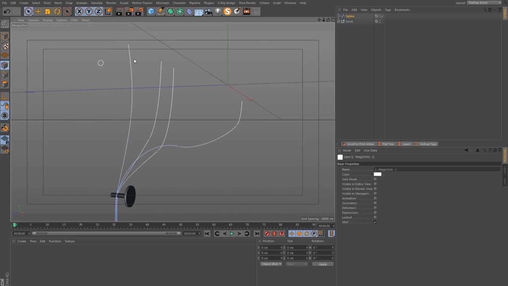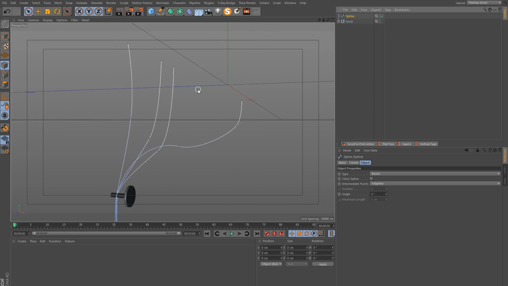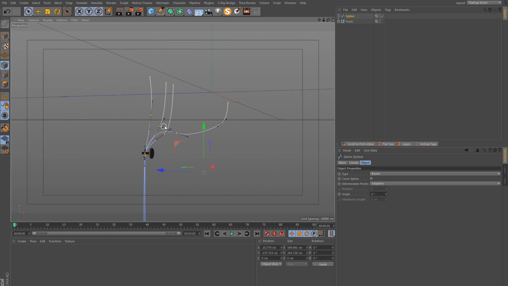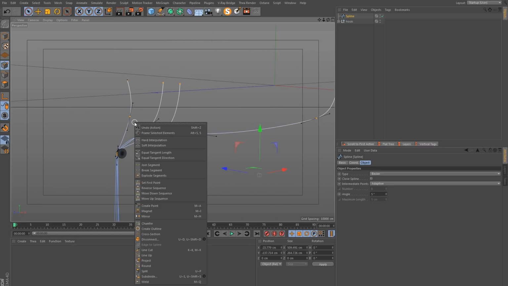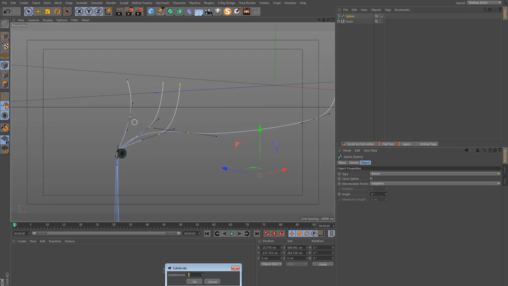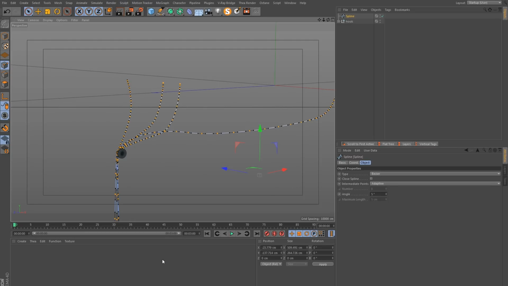Okay, and now I'm going to go to the spline, press Ctrl A to select all the points, right click and subdivide, and let's say 10, and this will give us a whole lot more points to work with.